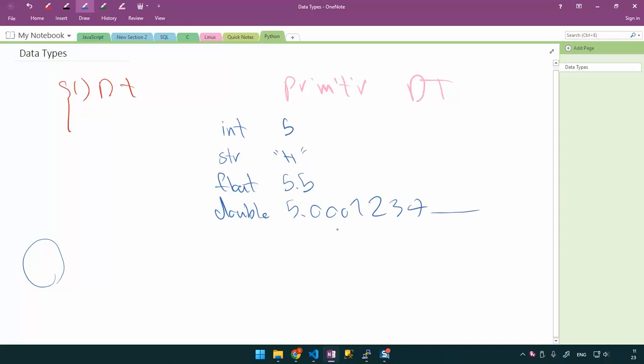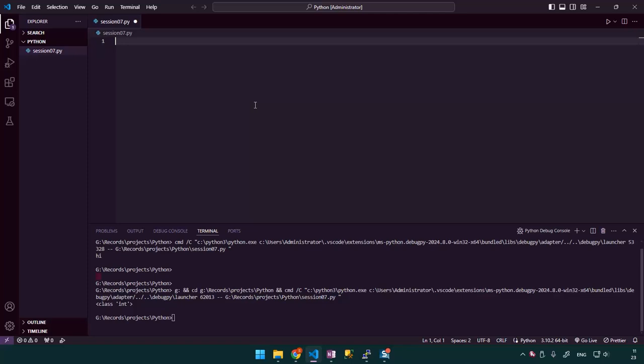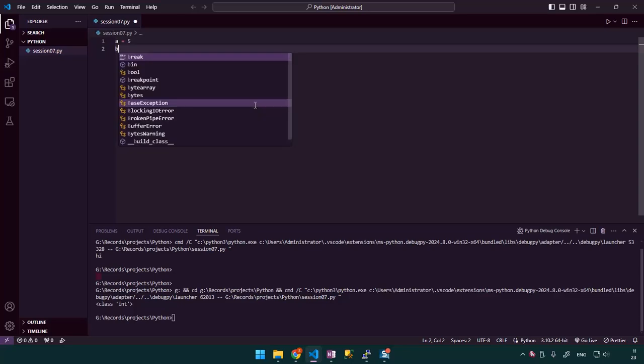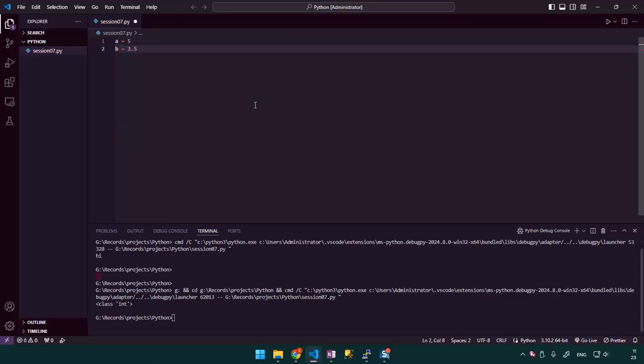Now let's go see them in the action. So I bring VS Code. Let's declare three variables. A equals 5, B equals 2.5 or 3.5, and Z equals "hello". Now, how can I see what type of data they are? You can use a function, which we'll talk about functions later, built into Python, which can give you everything you need.